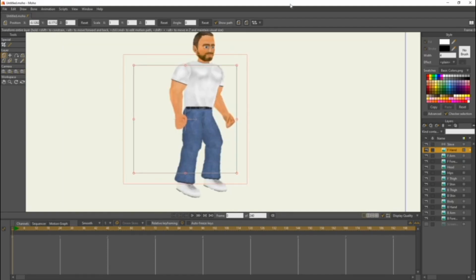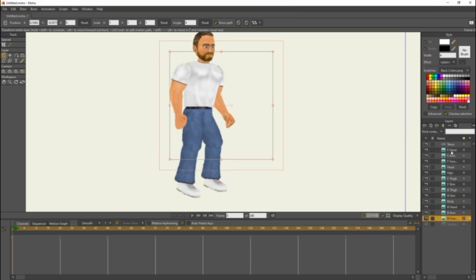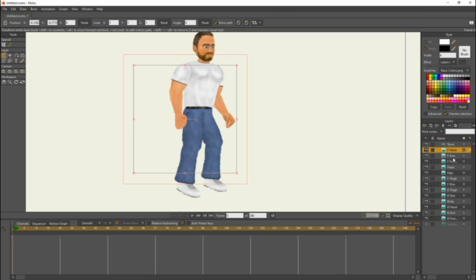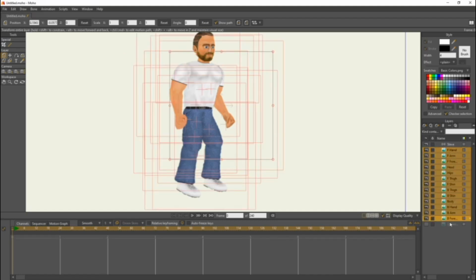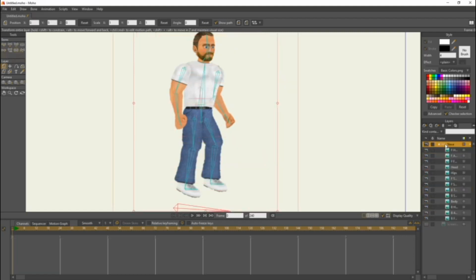Alright guys, so I figured out what happened. I accidentally didn't put these layers on the right hand side. I didn't put them into the bone layer. So what you're going to want to do is come here to the front hand, click it, hold shift, drag it all the way down to the back forearm. Don't select the screenshot you took of the full character, just all the body parts. Click it, drag it up to the bone that you created. In my case it's Steve, and now they're all in the bone layer. So now we should have the option, which we do.